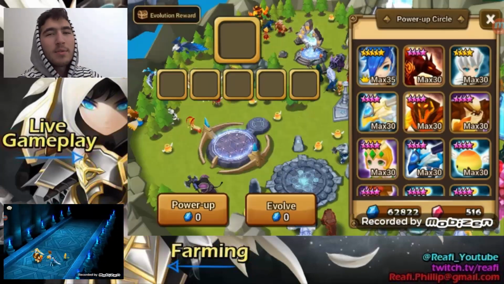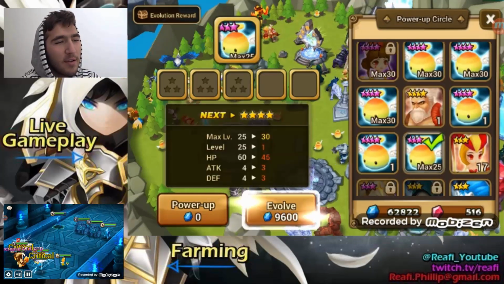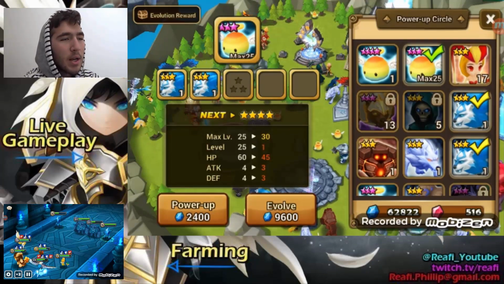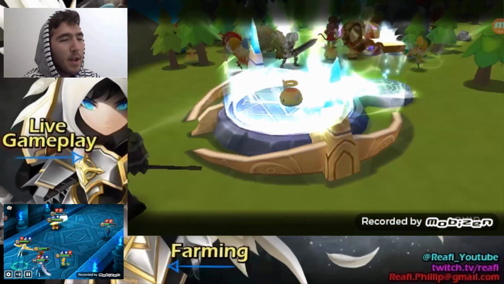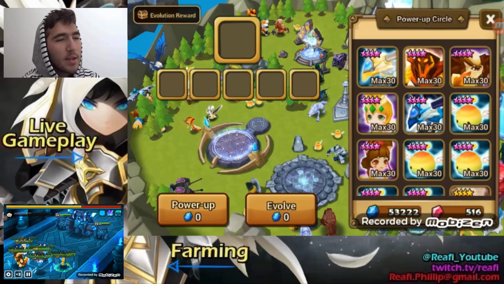So to close off the video, I want to go ahead and show you what I've been working on, and that is my lovely Rainbow Mon. Right? Let's 4-star this baby. Now, why is 4-starring this Rainbow Mon so special? Well, I've got